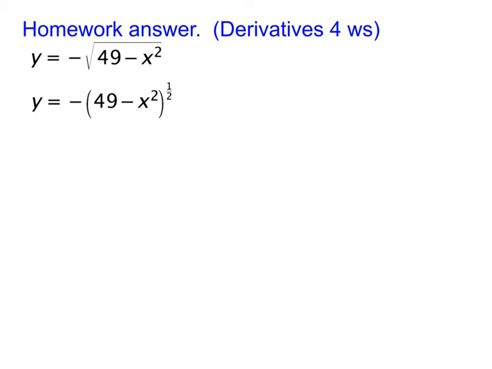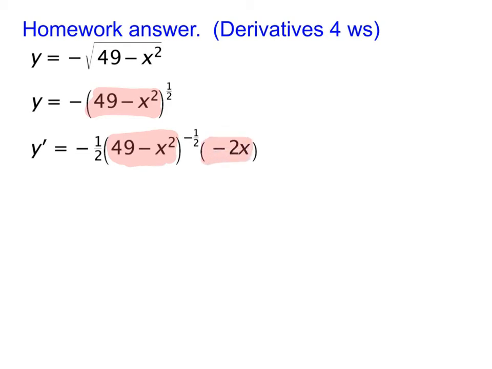So then on the second problem from that homework assignment, again, the first thing we want to do is we want to turn that into a fractional exponent, and then we can find our derivative again using chain rule. Notice here, my inner function is the 49 minus x squared, and outside of that, my outer function is just something to the power of 1/2. So that's using the power rule. All right, now if you got this as your final answer, again, that's perfectly fine. We didn't say that you had to simplify it strictly speaking, but then we can go ahead and simplify this further,